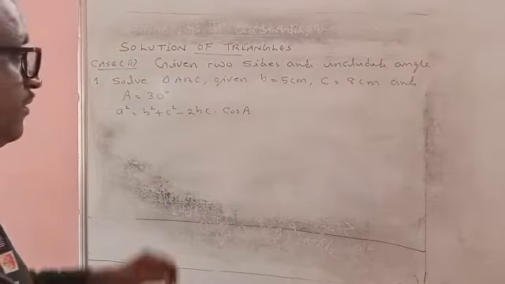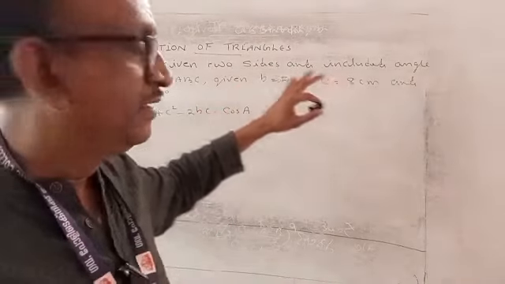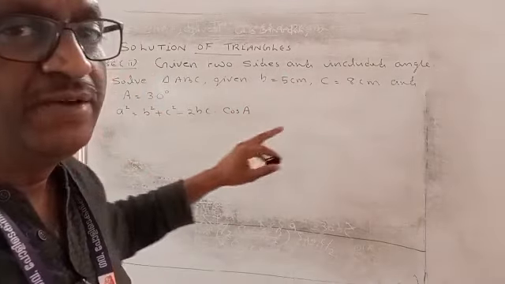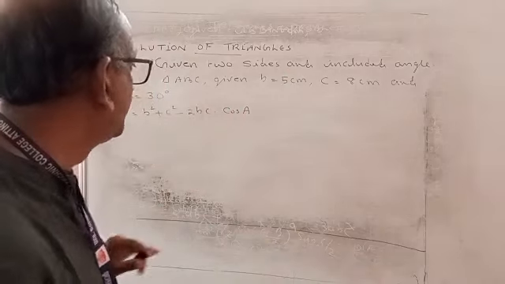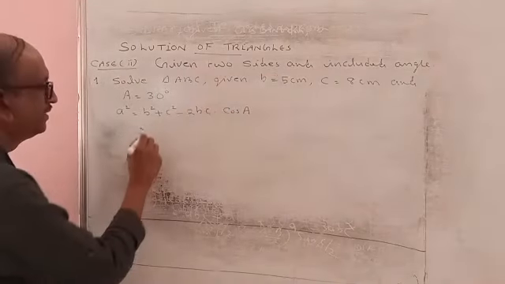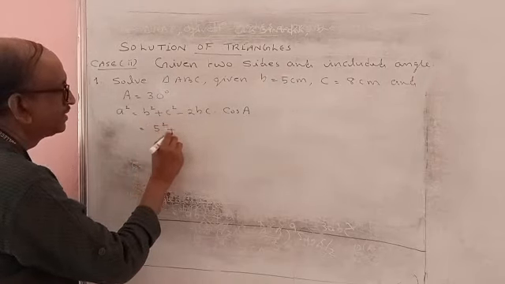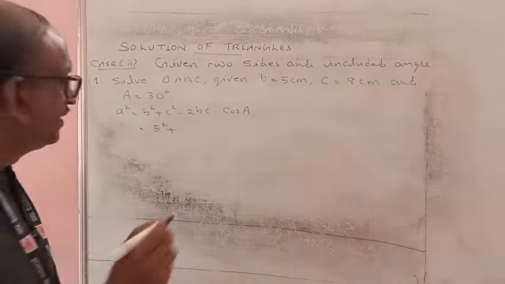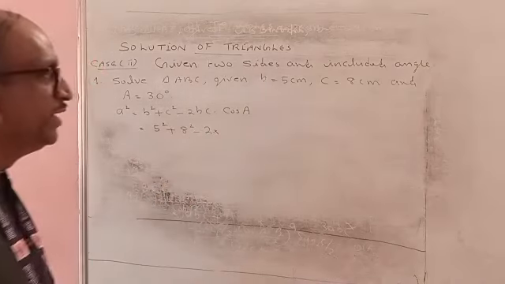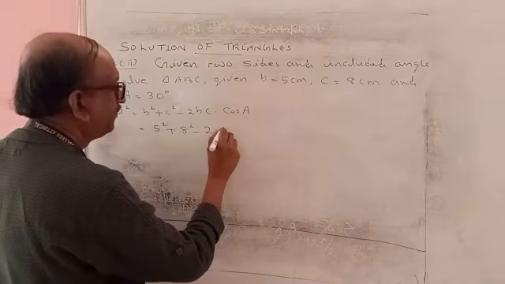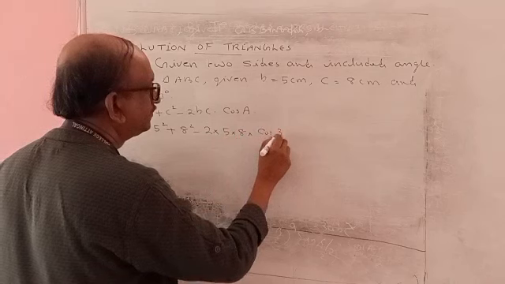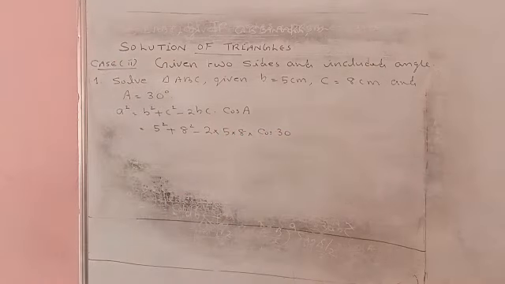a squared is equal to, we have to find the side a. Therefore, we apply the formula a squared is equal to b squared plus c squared minus 2bc cos A. Then substitute: b squared is 5 squared, plus c squared is 8 squared, minus 2 into bc, 5 into 8, into cos 30, is equal to